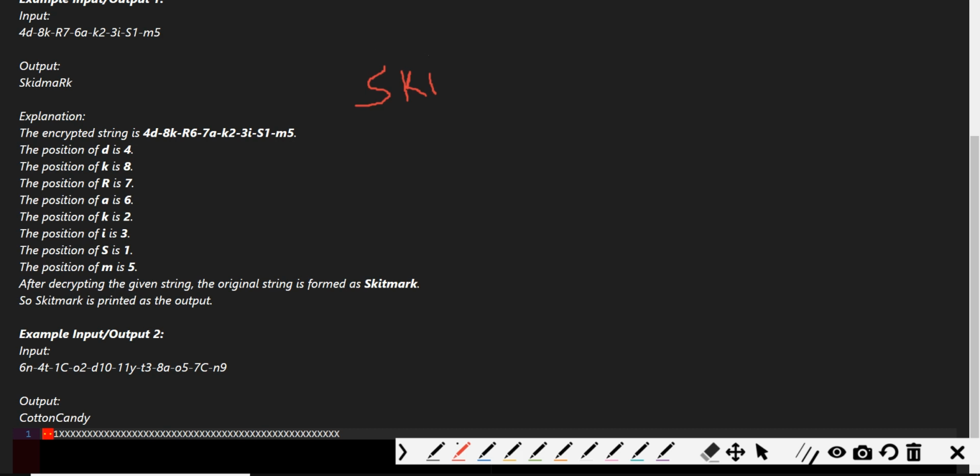It's at the first, so we print the D, and M. Then 6A, it seems like a D, okay, it's A. And then 7R, 8K, R and K. We got the SKIDMARK.